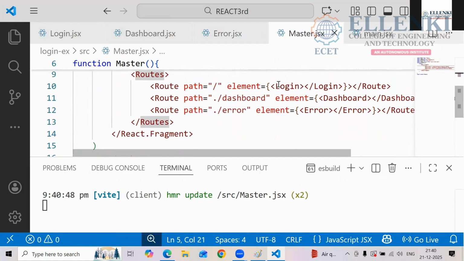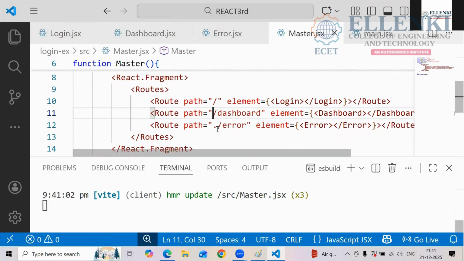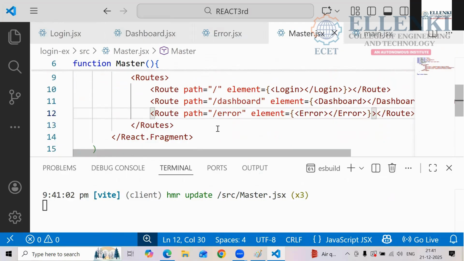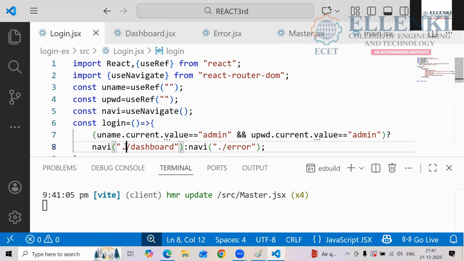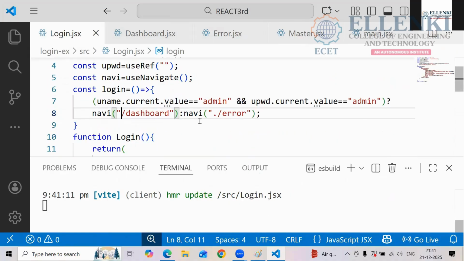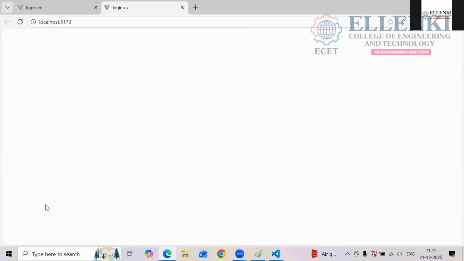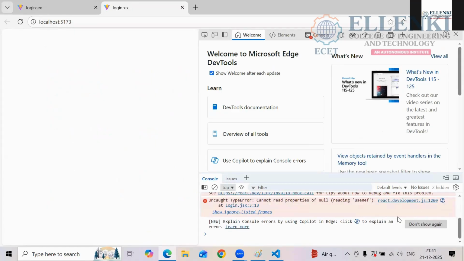I think this dash, this one will not come, I think so. We will check without this one and with this one also. I think this one will not come. We will see. Enter. It's not showing, no. So what is the error here?